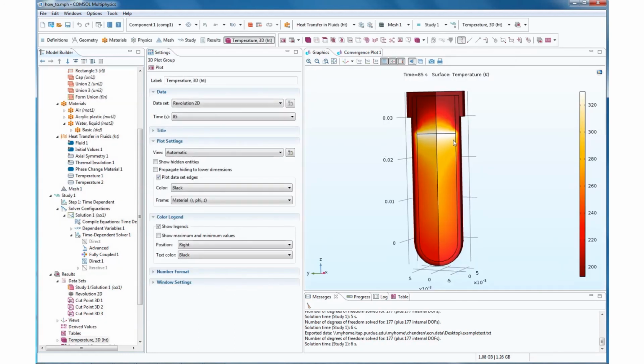Alright, so now you see the surface of the water is hot the whole time, even when the rest of the tube is cold, because